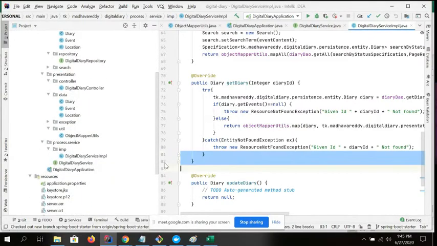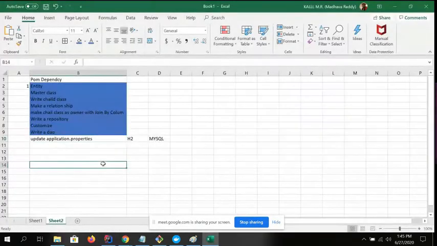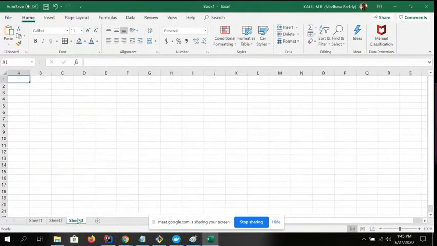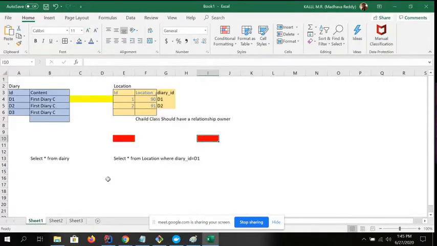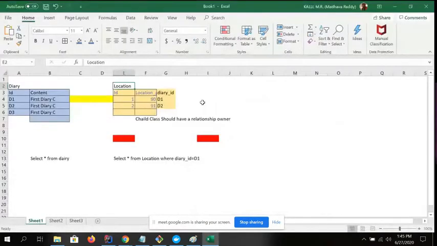Now we go for the one-to-many relationship. It is a very simple and common relationship in applications. I already explained a couple of minutes back how the diary and location work. Now I will change it to a very simple way: diary and event, with event ID and event name.